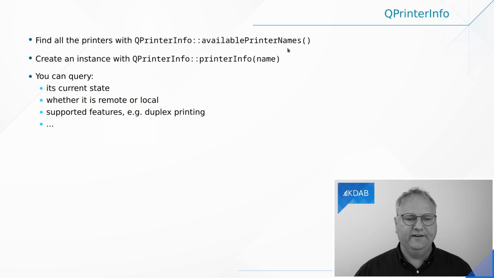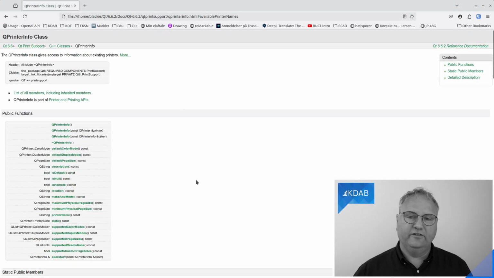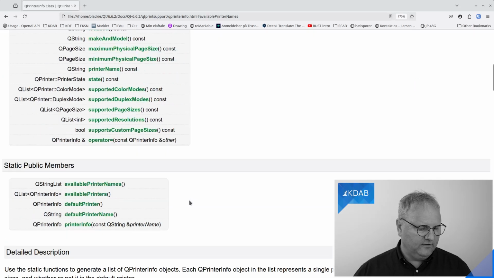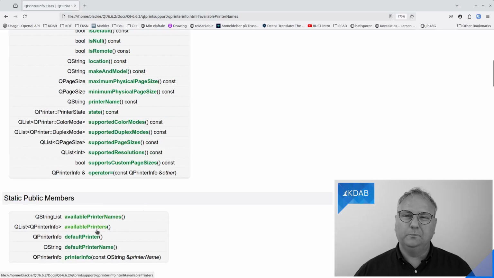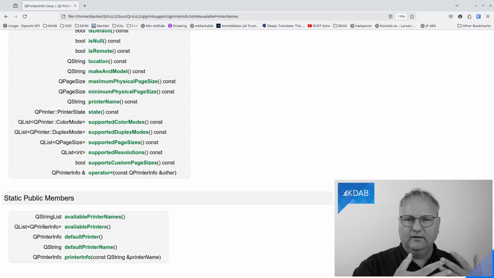You can get to all the printer names, and I was a bit puzzled because I don't think I would ever call this one. Let's look at the QPrinterInfo class here, and what QPrinterInfo offers us, if we scroll up a bit, and let me just make this bigger so you can see it, is that it has a method down here, not availablePrinterNames, but availablePrinters, which gives you a list of these QPrinterInfo. So if you want to support different printers in your application, and you want to run the whole user interface yourself for this, you'd likely have a combo box or something similar where the user can select which printer. And there you would have the printer names.